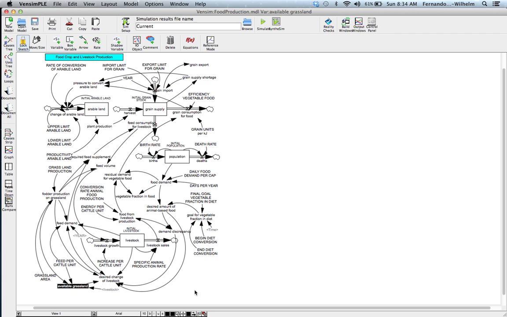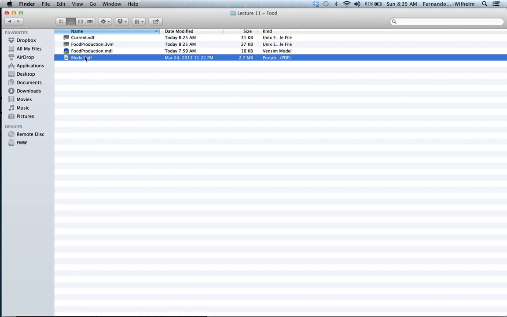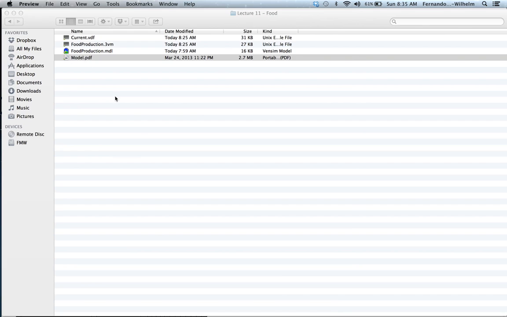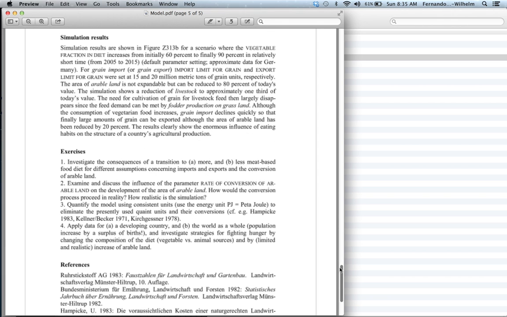I want to ask you to look at a couple of questions that are posted in the model description that's posted in the lecture notes. So I'm going to switch over to that. I think the last page in the model description that we posted had a couple of questions, and I want to focus on the first one. I'm going to ask you to do a couple more, but so this basically is